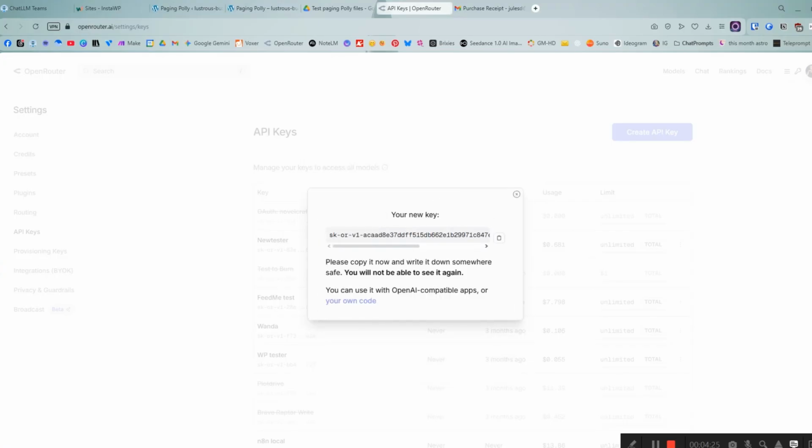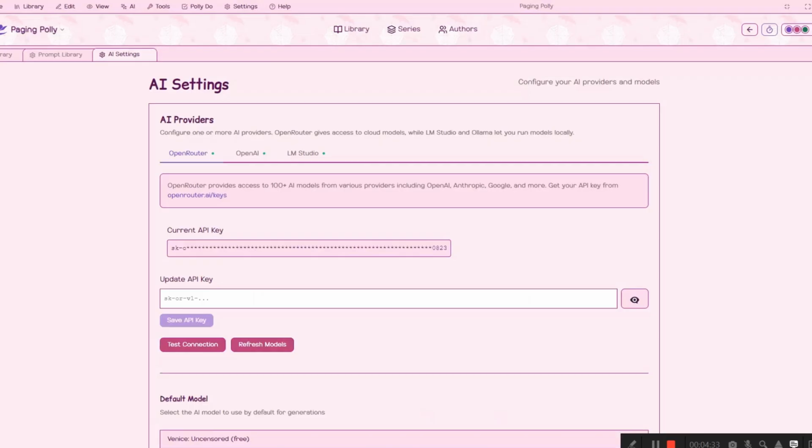And you're going to see this key. This is the only time, as it says here, this is the only time you will see this key. So you're going to copy it, and then you are going to come back into Paging Polly and paste it here. And you're going to hit save API key. I'm not going to do that because I already have this key, and I'm actually going to burn that key